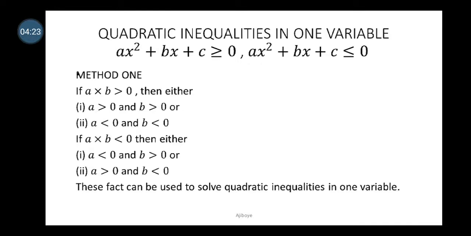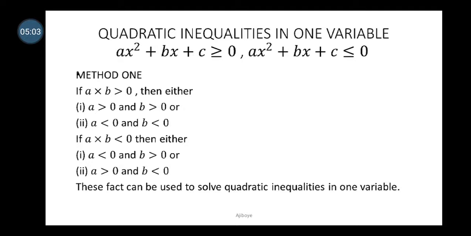On the other hand, minus 3 times minus 2 will also give me plus 6. Okay, so it's suggesting that I'm multiplying a negative number by another negative number to get a positive number. So if I am multiplying a by b and I'm getting a positive number, then either a is positive, greater than 0, and b is greater than 0, or a is less than 0 and b is less than 0. That is, a is negative and b is negative. On the other hand,